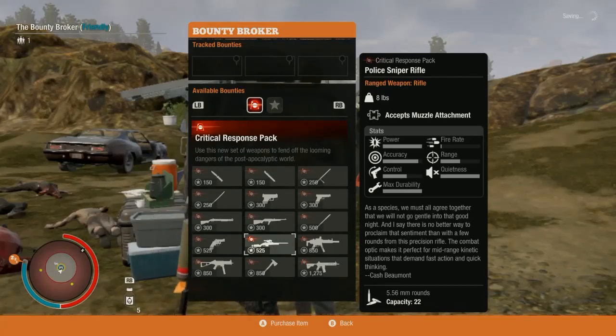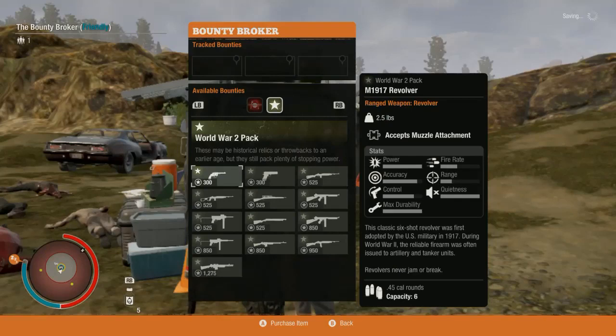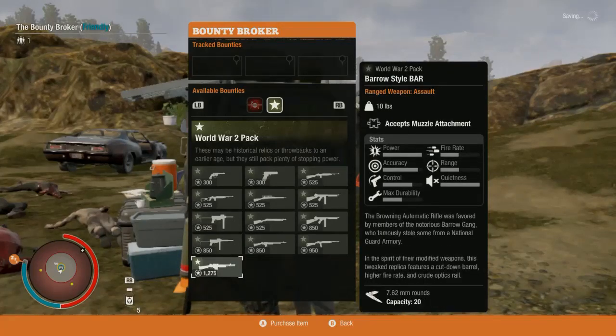And let's not forget too, in case you didn't catch up or read up on the latest update, he also sells all of your World War II pack stuff. There will not be any more World War II traders. They're gone now. The good guys over at Undead Labs, on their latest stream, kind of admitted that